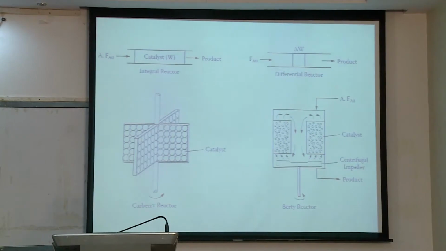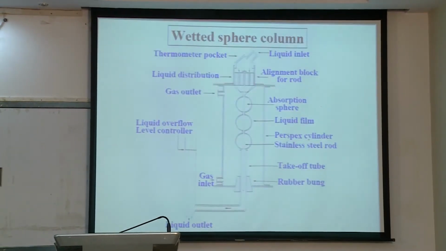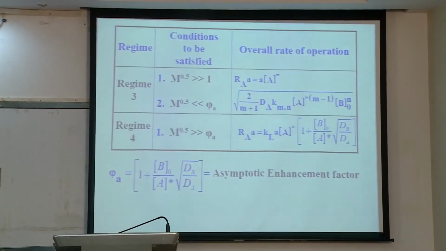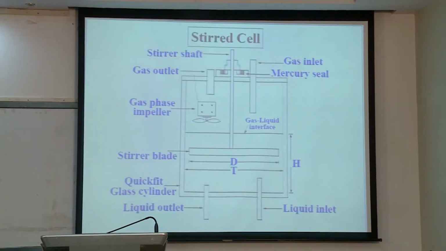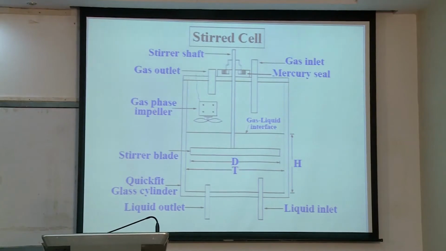If we go back to the stirred cell, the same equipment can be used for liquid-liquid contacting. Now, we are moving from gas liquid to liquid-liquid, and then we want to move to solid liquid and solid gas and all that. So, let us move to liquid-liquid. There is a heavy liquid phase and there is a light liquid phase. So, this is a light liquid, this is heavy liquid.